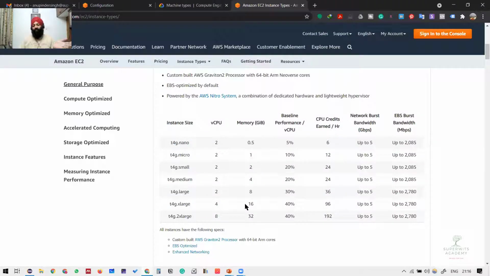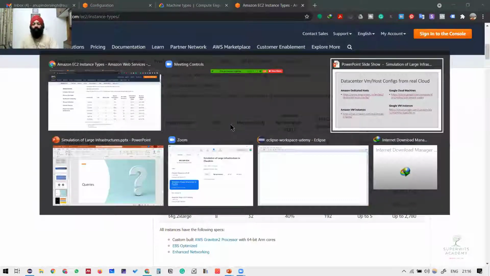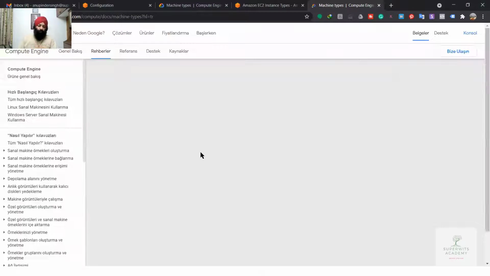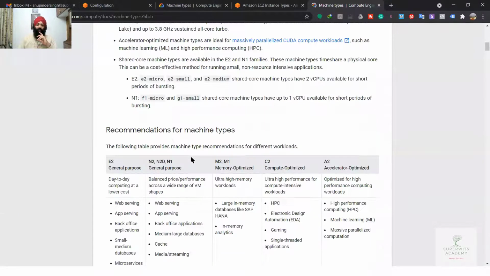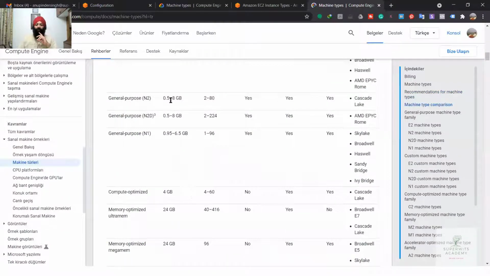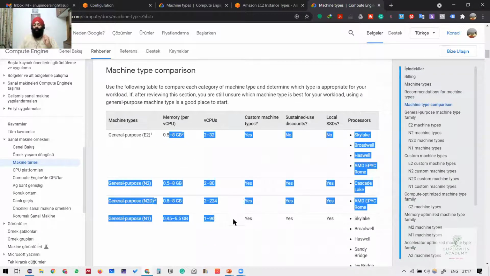These are some of the instances from Amazon, and these are the other instances from the Google VM instances, right? So you can see there are certain instances they have given, with the specific memory and CPU.